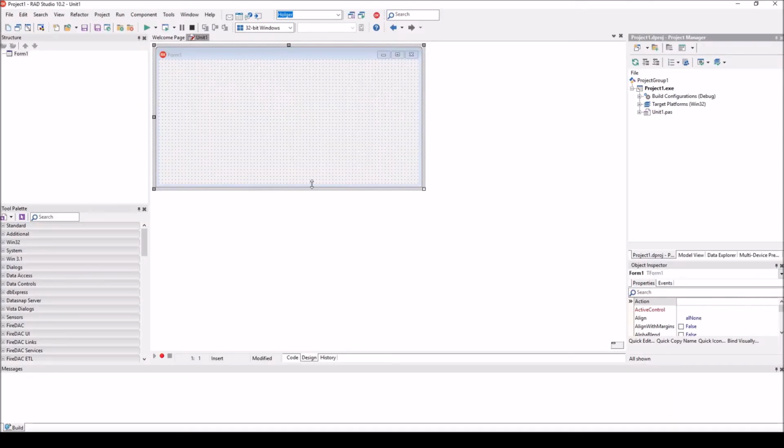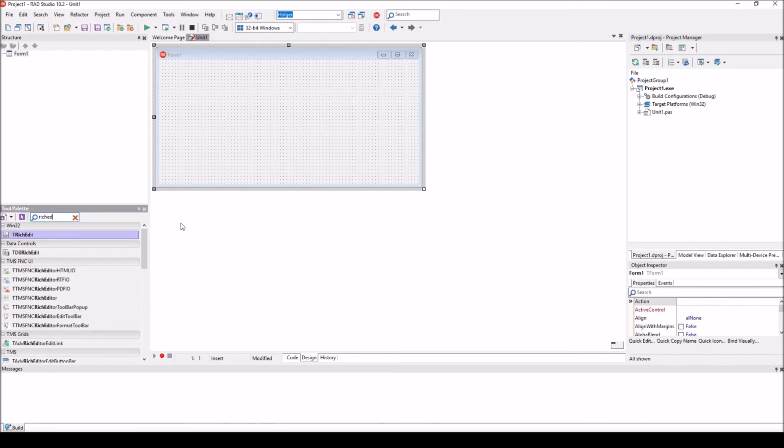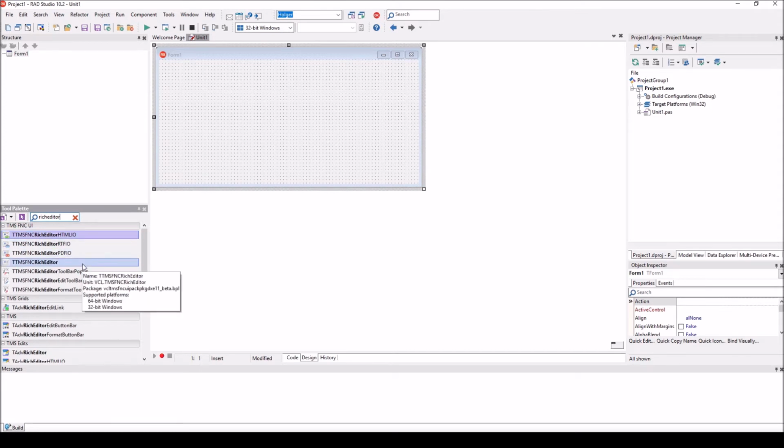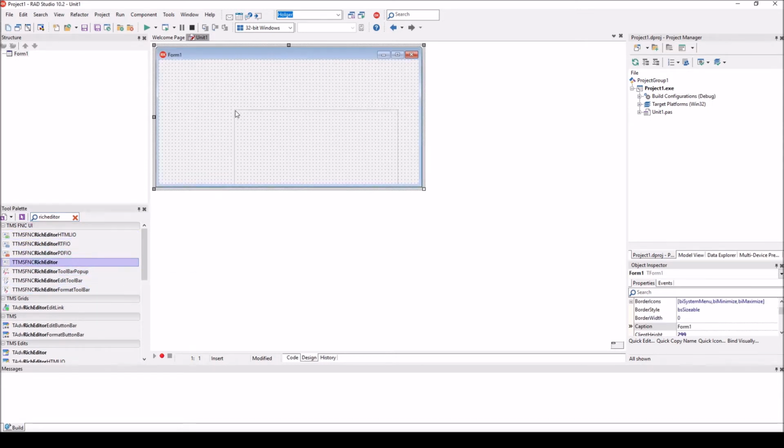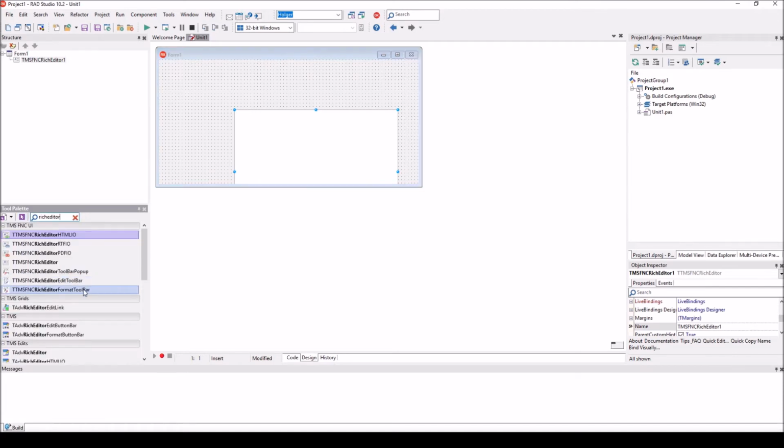I already have created a VCL Forms application. Searching in the tool palette, I'm going to search for a RichEditor. Here we see that we have the main RichEditor component, and we have components for the different file formats, and we have different toolbars and a toolbar pop-up. Let's drop the FNC RichEditor first, then add the Format toolbar